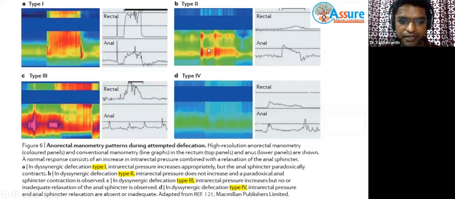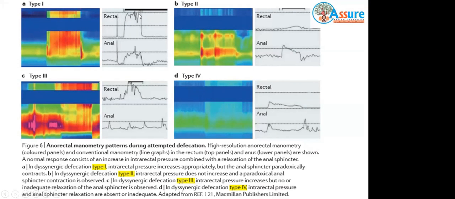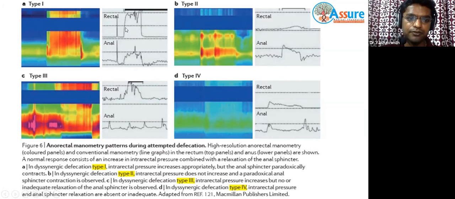So, the same thing in a better graph. This used to be the reading in the old manometers. Are you able to see my cursor? Yes, sir. Yeah, this is how it used to be. It used to give a graphical display that rectal pressure increases and anal pressure also increases. But now it is more pictorial, so you need not worry about this old one. What you need to worry about is this manometer. If you get the basics right, this is the same way you can remember it in esophageal manometry also.